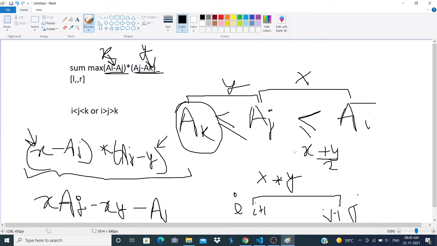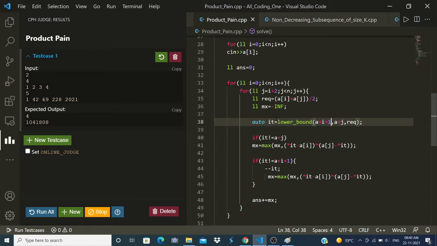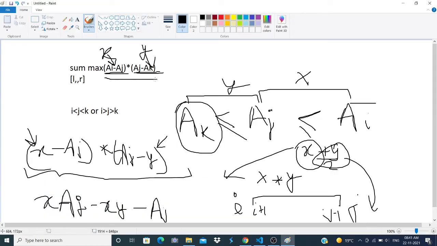And as I already saw, x is equal to ai and y is equal to aj. So okay, this is what I did. I found the first element which is just greater than that, and if it exists, then I simply calculated this value, right? This is basically aj minus ai into aj minus, basically whatever is that optimal value, I calculated the value over that, right?